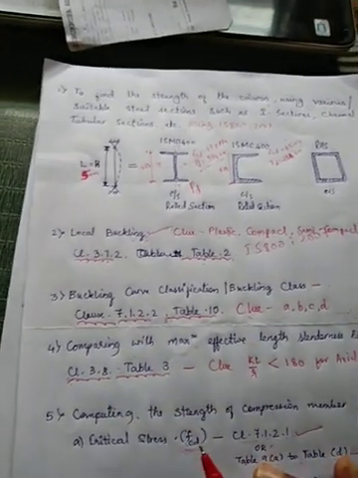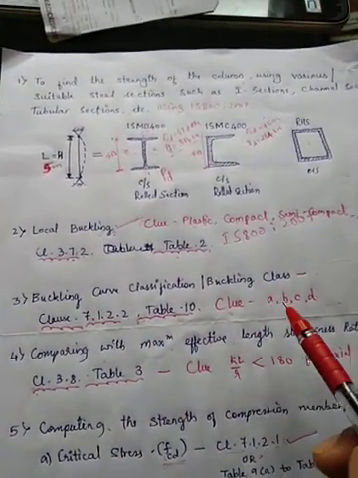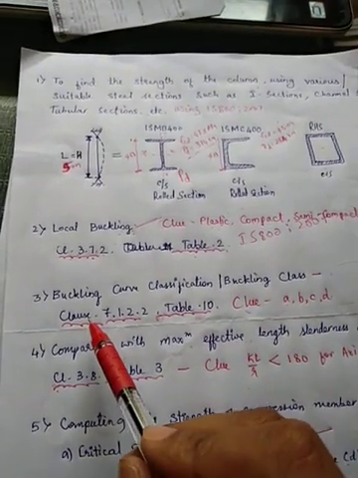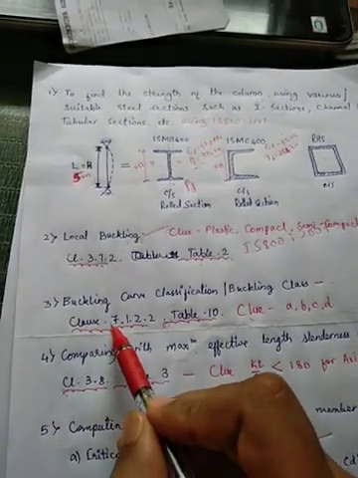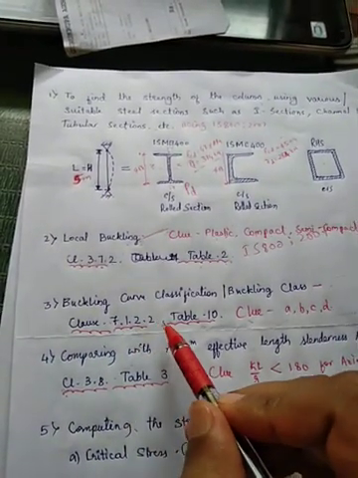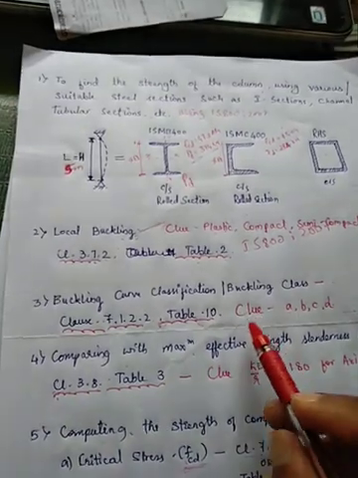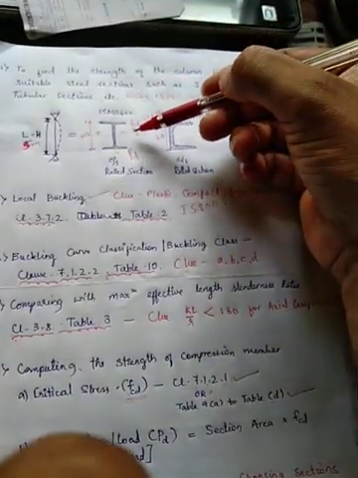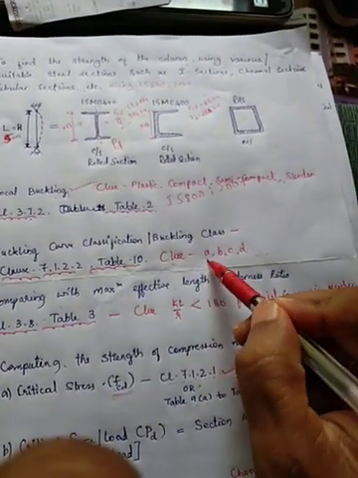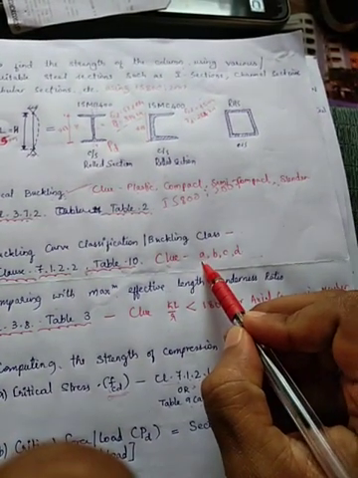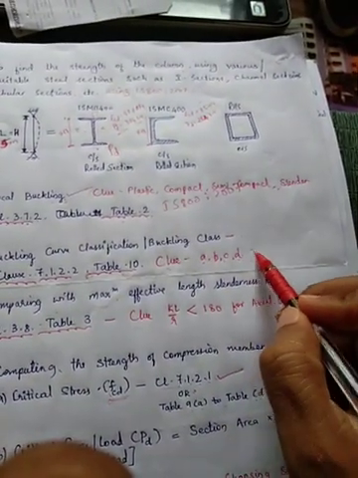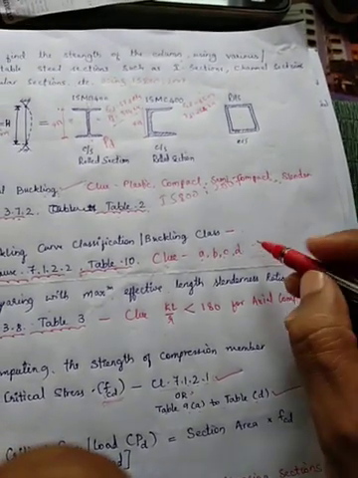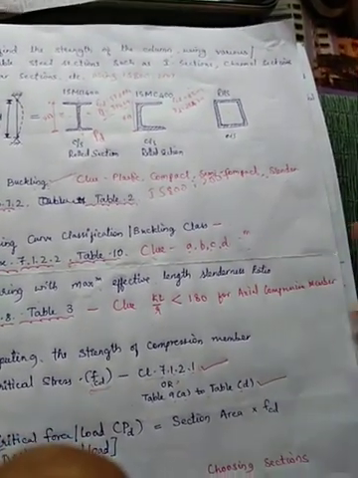My next step, I will look into the buckling class of that section. From IS 800 2007, clause number 7.1.2.1 and from table number 10, I will find out the classification of the section, whether the section is having a buckling class curve as A, B, C and D in different axes like minor axis and major axis.